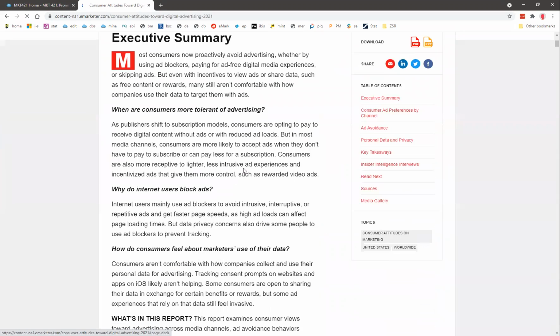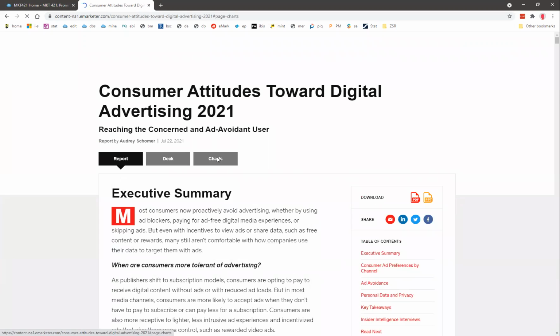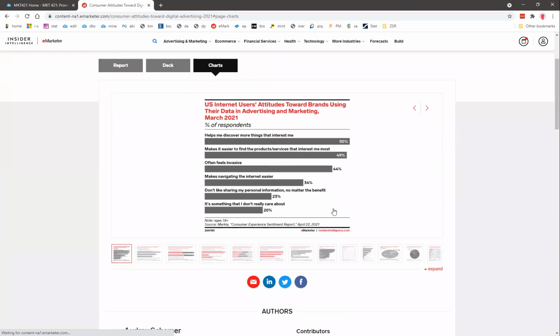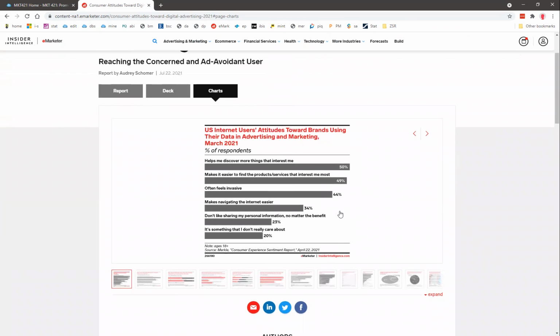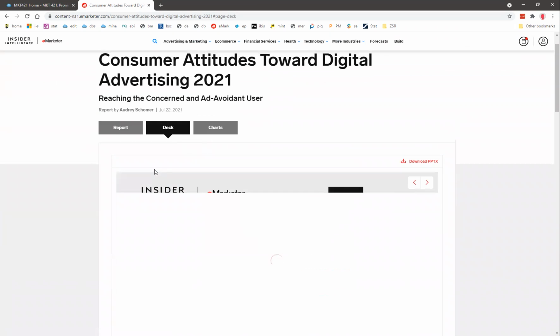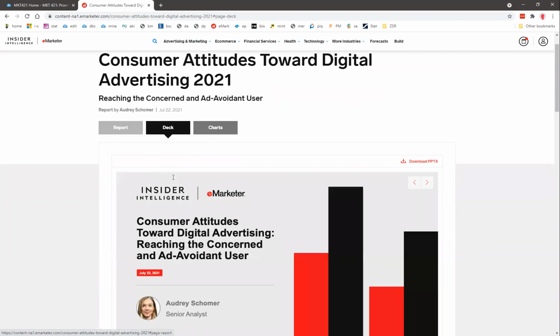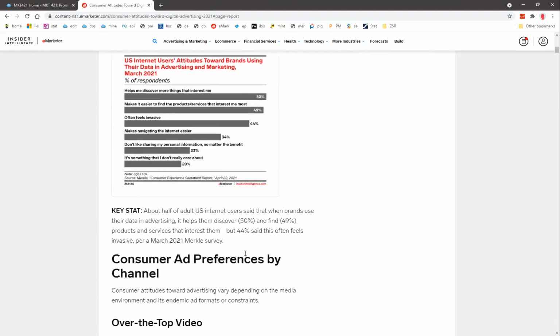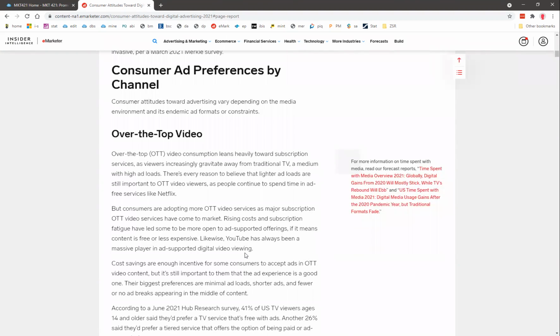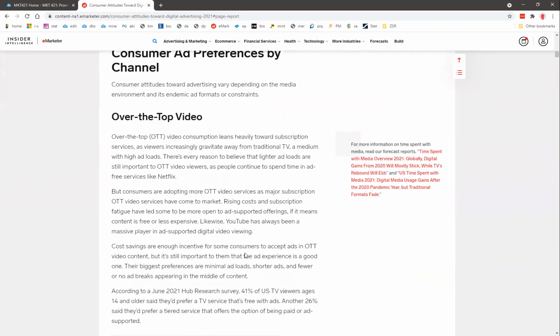And you can look at the report. You can do chart versions, again, infographics, because you can convey information better visually than just with words, just with bullet points, or the whole slide deck as a PDF version. So think about how this might help you come up with a strategy for Peloton. This is really good stuff, and I'm curious to see, by the way,